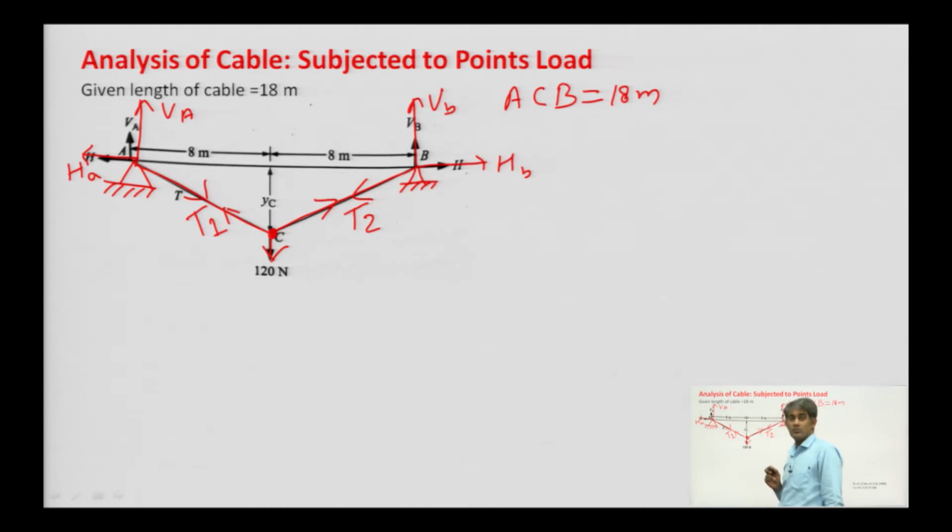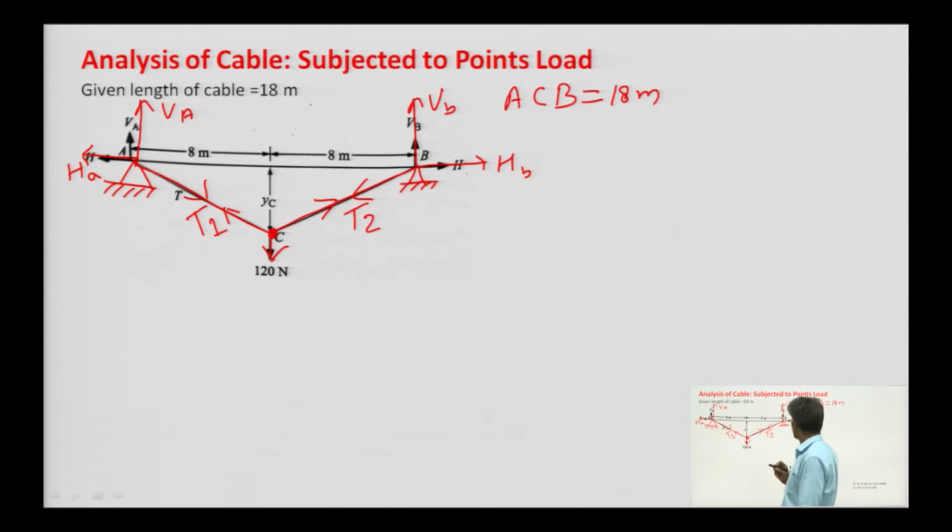So, to solve all the forces, we need a compatibility equation. If we are neglecting the member forces T1 and T2, then we have 4 forces: VA, HA, VB, HB, and we have only 3 equilibrium equations. So, one additional equation has to be formed apart from the equilibrium equations to get all the support reactions. So, let us solve the support reactions using equilibrium equations and a compatibility equation.